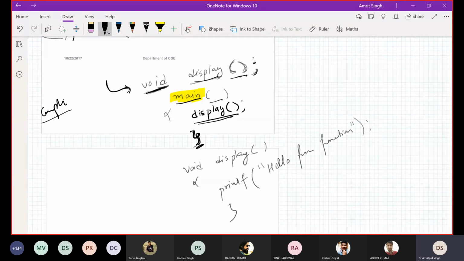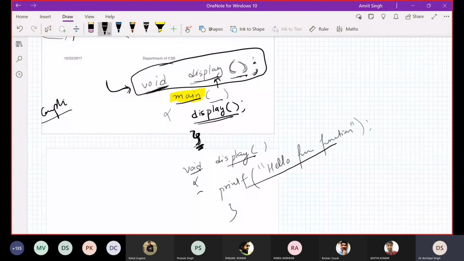But at the initial stage, you told your compiler that, dear compiler, we have one more function. So now your compiler starts looking for this function after your main. It simply scans void display printf hello, and stores the definition of this full function in its database. That's what happened at the time of compilation, when your compiler is looking for errors. This thing is optional, children, and it is compiler dependent.